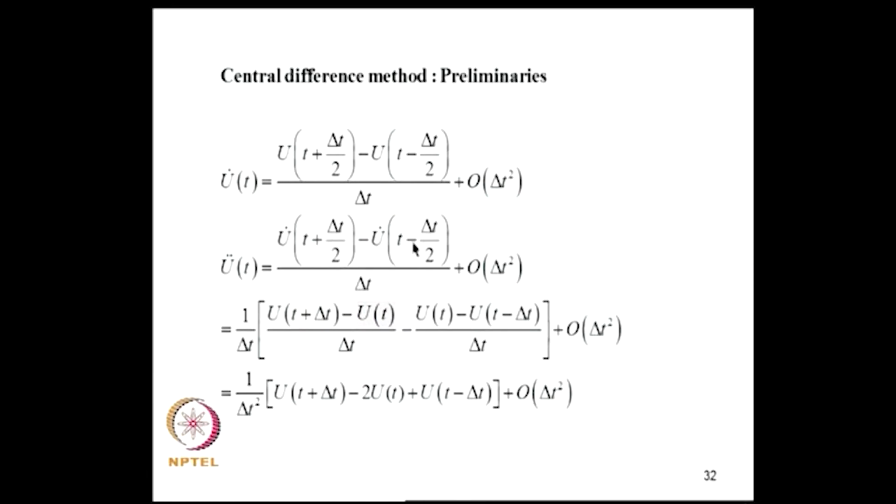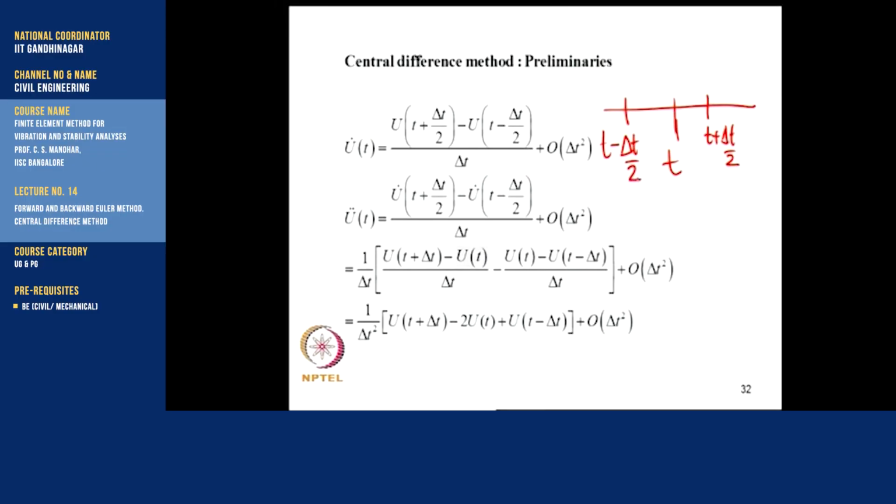Now, for each of these, u dot at t plus delta t by 2 and t minus delta t by 2, I can further use the finite difference approximation. So, that means what we are doing here is we have time instant t here, and we have t plus delta t by 2 and t minus delta t by 2. So, at this point we are writing u dot. So, that will be the displacement here at t plus delta t by 2 minus t minus delta t by 2,